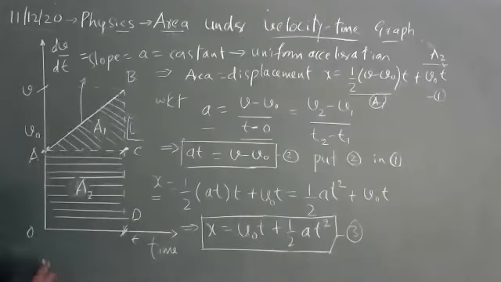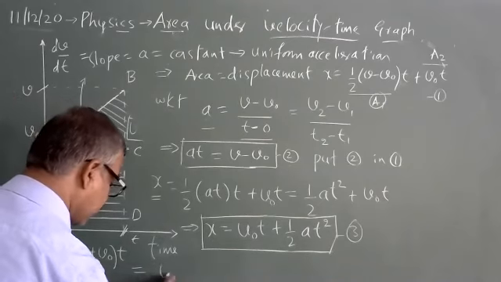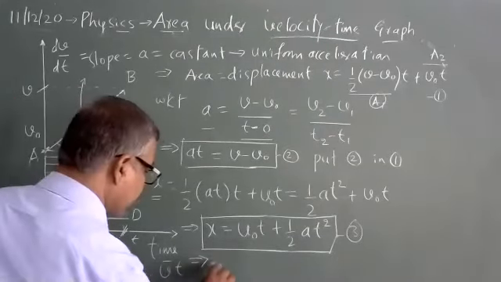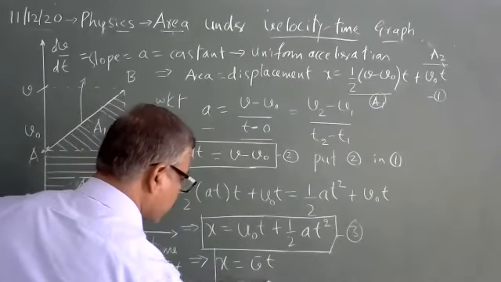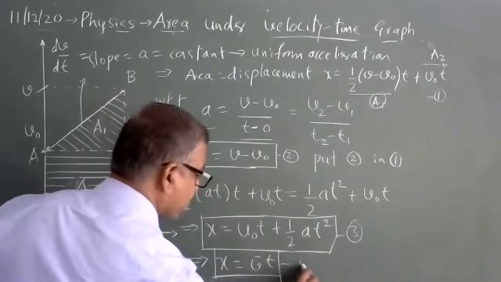At the same time, we had one more relation, x equal to half, final velocity plus initial velocity, into time. This final velocity plus initial velocity over two is taken as average velocity. All are familiar. This gives me x equal to average velocity into time also. This is also an equally valid relationship. Call it equation number 4.